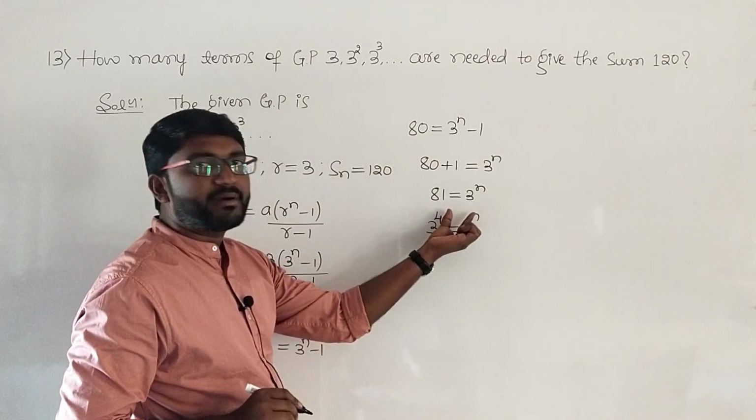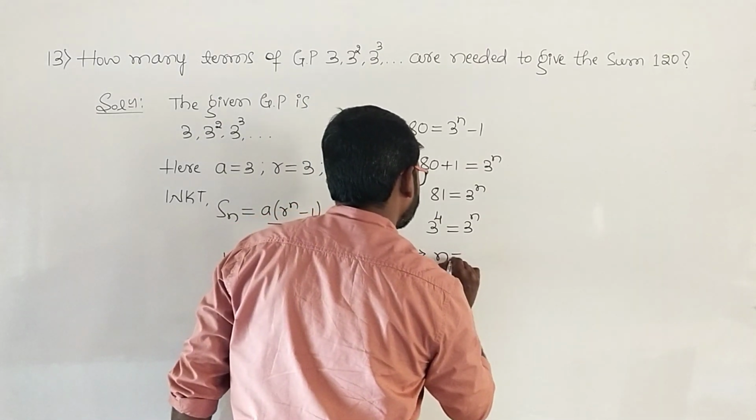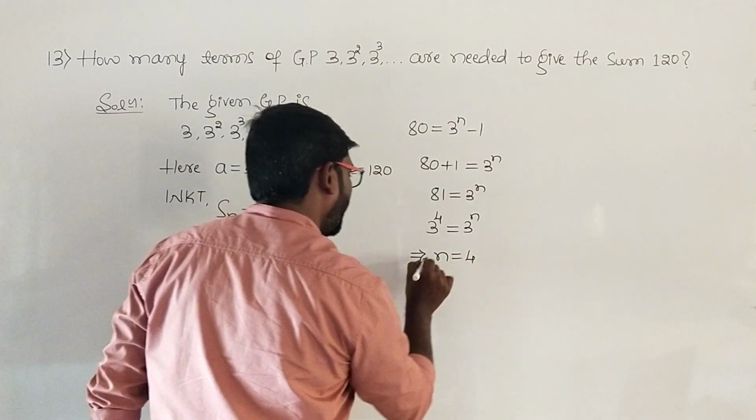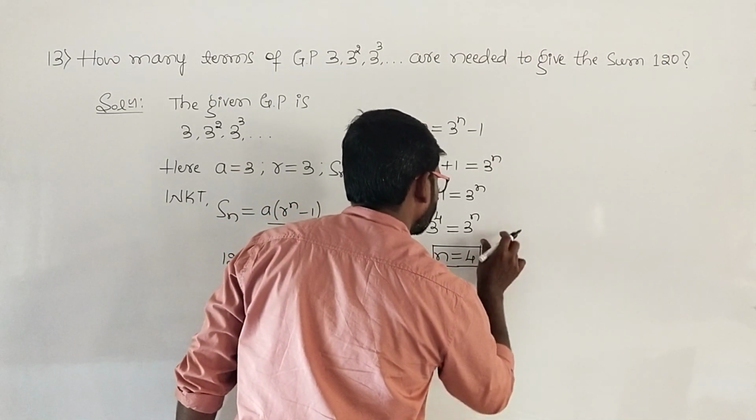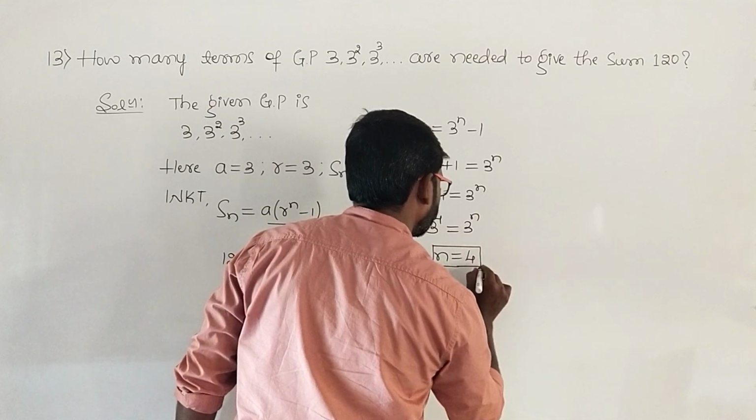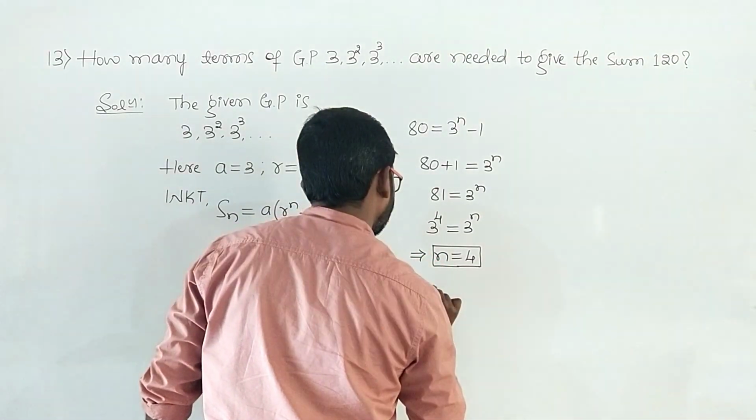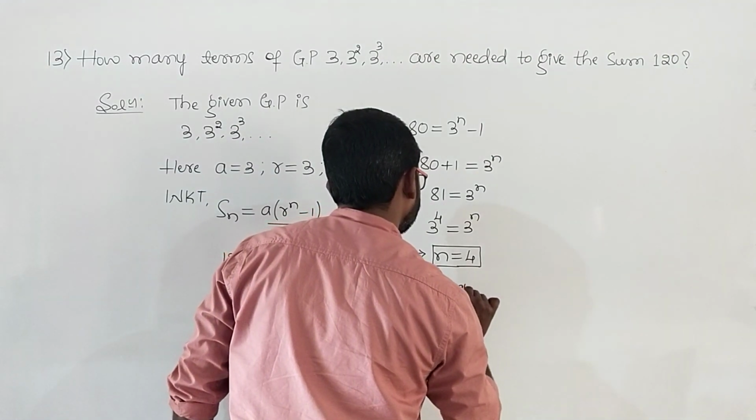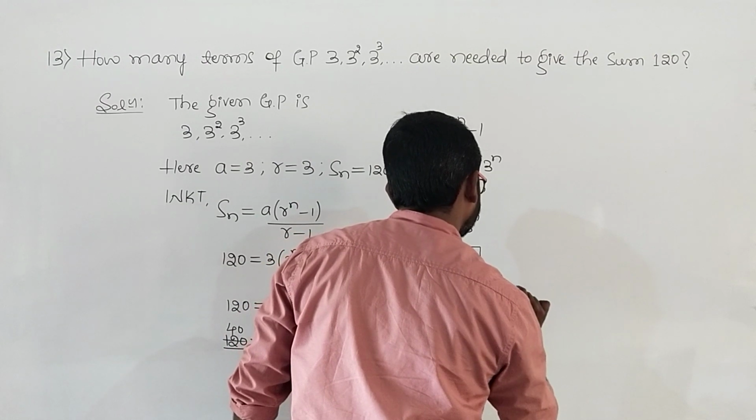You can equate the powers. This implies n which is equals to 4. Therefore n equal to 4. Therefore the required number of terms,